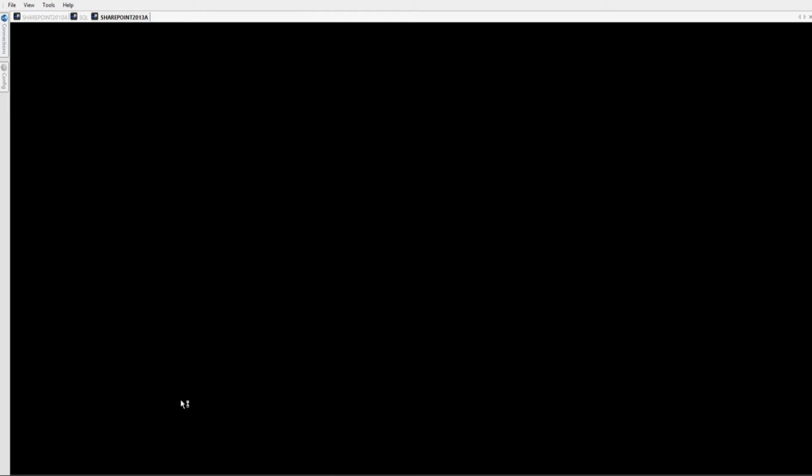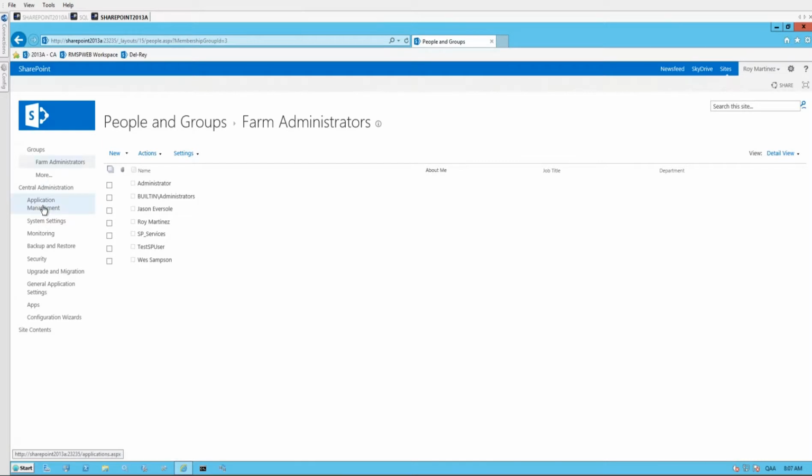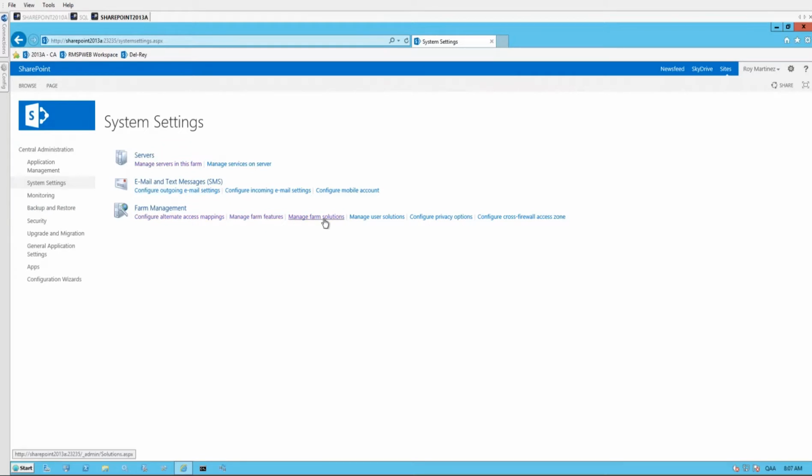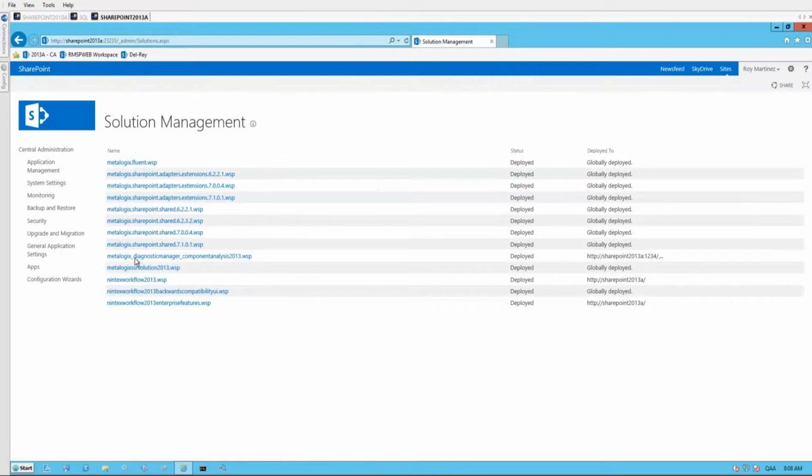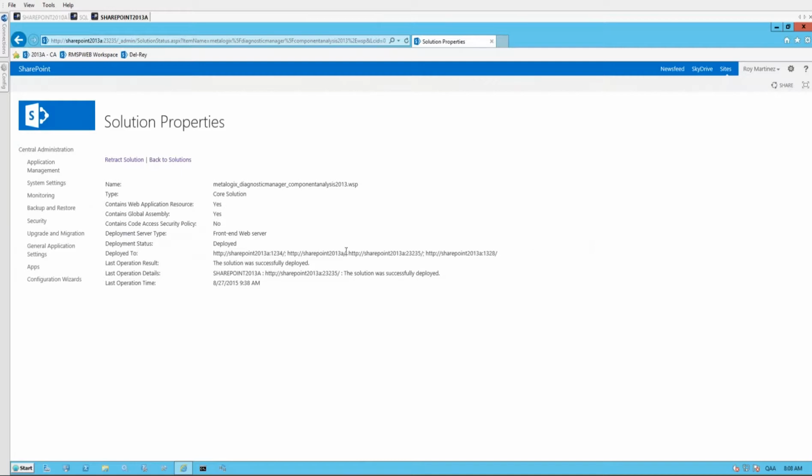Please forgive the speed at which my VMs are operating. But if we're over here in Central Admin and I'm in System Settings and I go to Manage Farm Solutions, I can absolutely identify that right here, this MetaLogix Diagnostic Manager component analysis solution is installed and rolled out to the Central Administration web application. This is the default behavior when you install this solution via our installer. It's going to install globally. I happened to have pushed mine out via PowerShell to some specific web apps, but I did include Central Admin